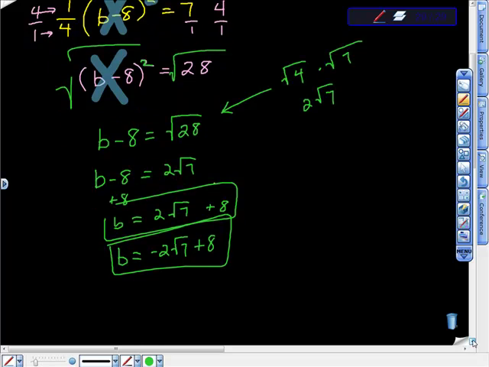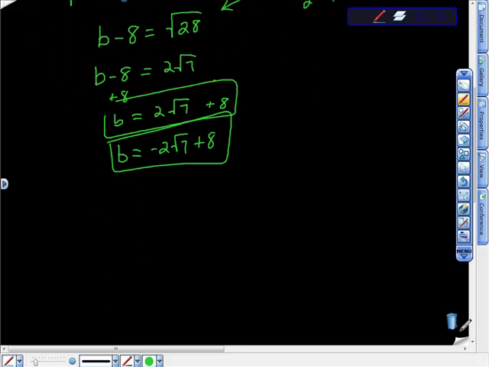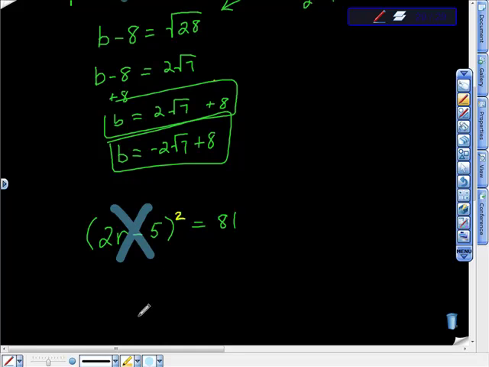You know what, let's do one more problem really, really quickly and see if we can't make some sense of this. Let's do this one: 2r minus 5 quantity squared is equal to 81. All right, so hopefully what you're seeing here is that there's this square here. And hopefully, again, what you're doing is pretending that this whole inside piece is just x. So we have x squared, and we ask ourselves the question,